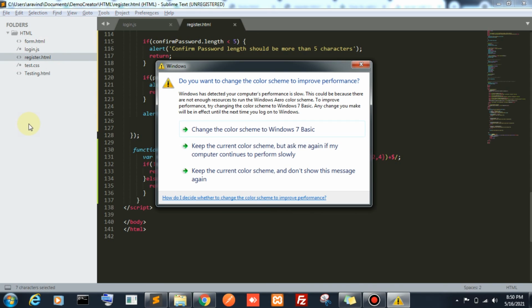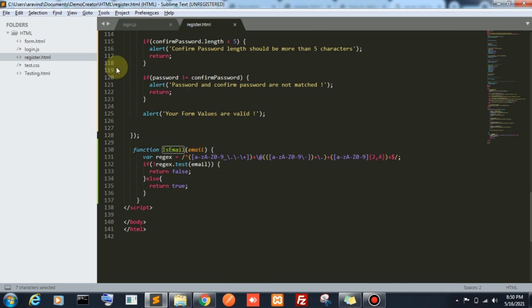In a framework they will give a structure. You need to create this file in this folder only. The login.js file should be available in the JS folder only. Like that they will frame some basic setups, and even give basic libraries to run that package.